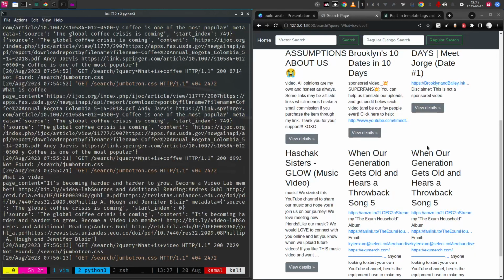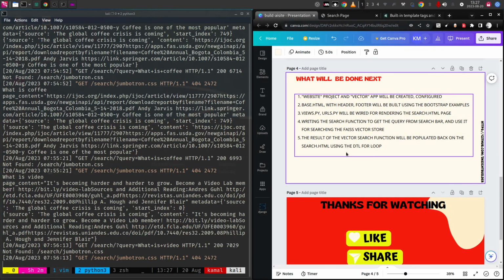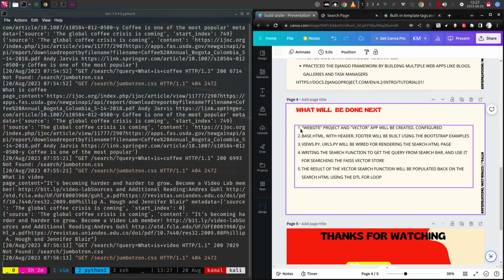So it's not that you need to have a database for this. Whatever you are seeing here is not created from the database inside Django. It is purely created using the vector data store that has been already prepared. I hope you understood the entire process that we followed. It looks simple when you place it inside the presentation and explain that we are going to do these steps, but when you execute it, these 5 simple steps became more than 50 different steps, and it involved lots of programming as well as lots of different libraries, functions, and